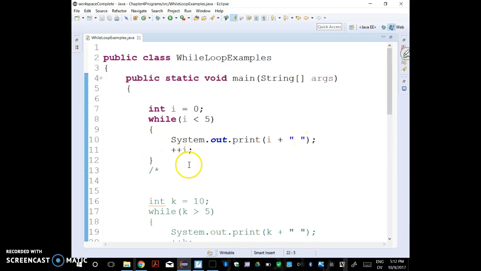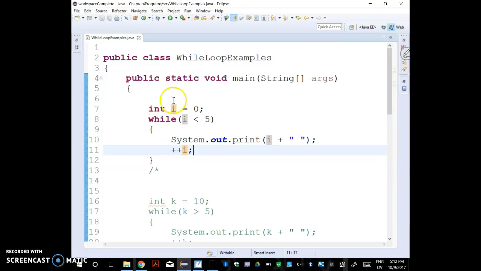Okay, so I'm going to have you see if you can figure out what is going to be printed out to the screen when this runs. Okay, I'm back with you here, and I'm just going to hit run, and we should see that we print 0, 1, 2, 3, 4. The first time through, I is 0, and 0 is less than 5, so it'll print right there, and then